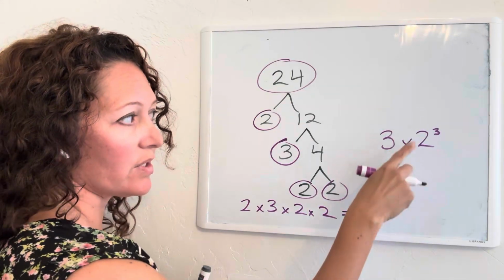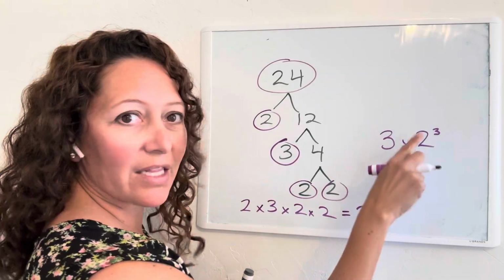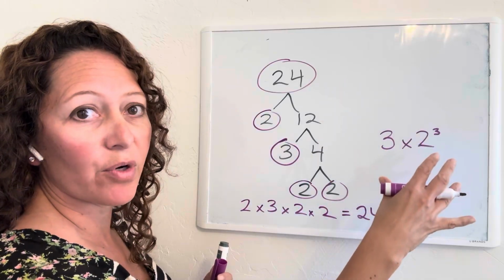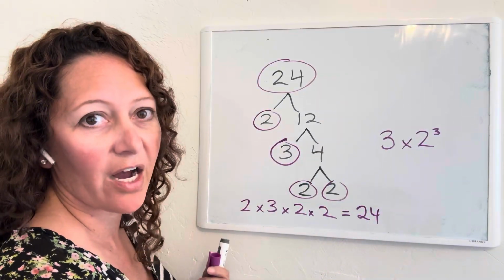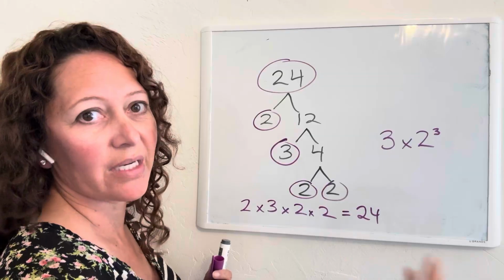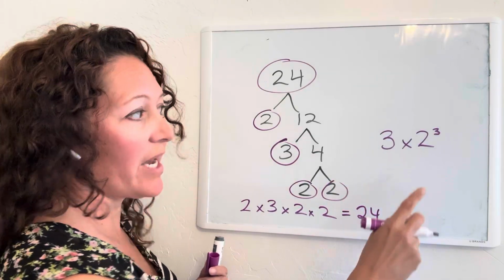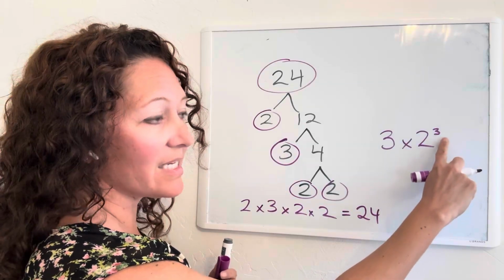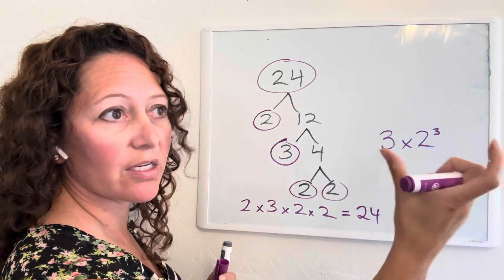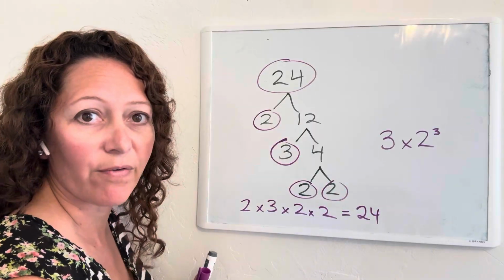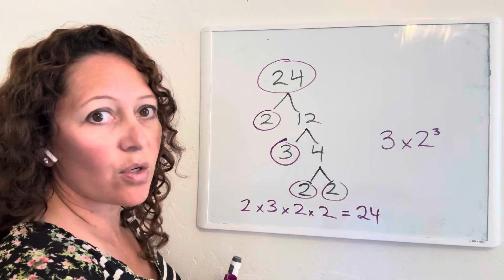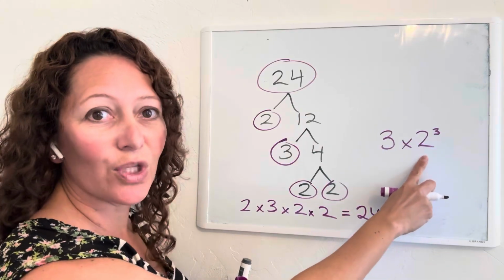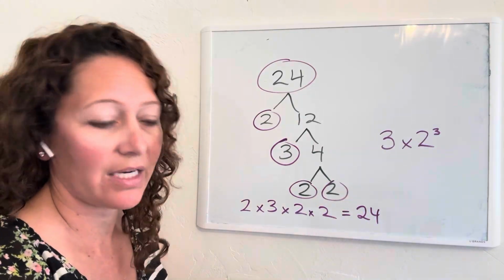2 cubed. And it's nice to write it like this because we can use these values as we're comparing a lot of different numbers and we want to find out what denominator they would all have in common. Like if we need to simplify or we're doing addition and so we need the denominators to match, we can look at what their highest prime power is and we can multiply those together and it'll tell us a common denominator that's going to work for every other number. So the kids don't really have to worry about that yet, but it's important to look at it this way because they will use that later on in math.